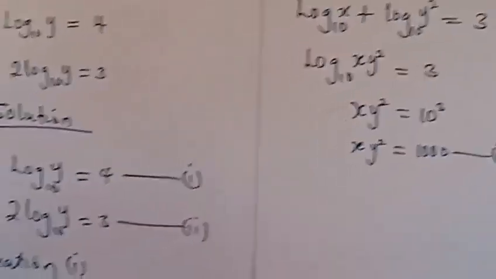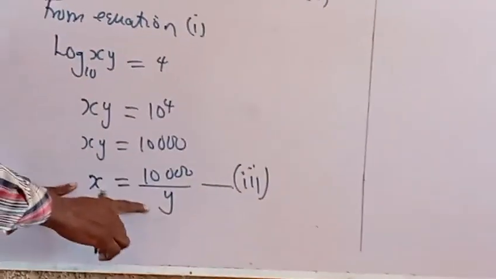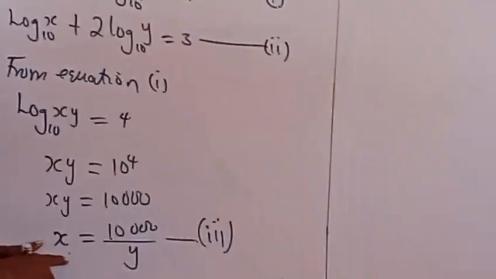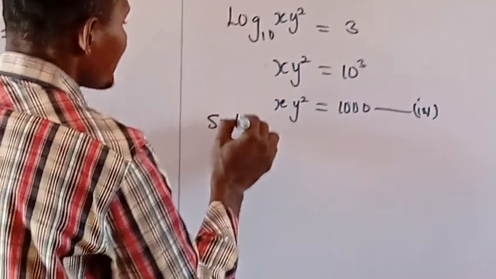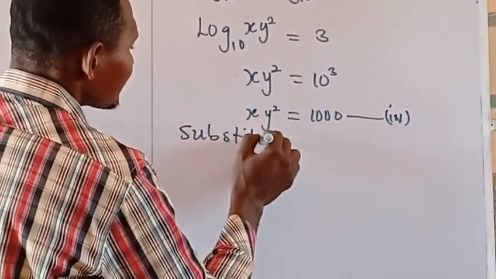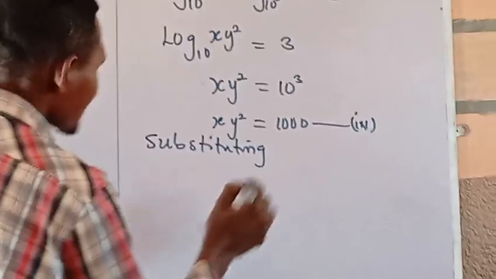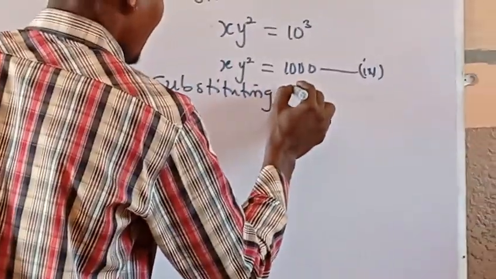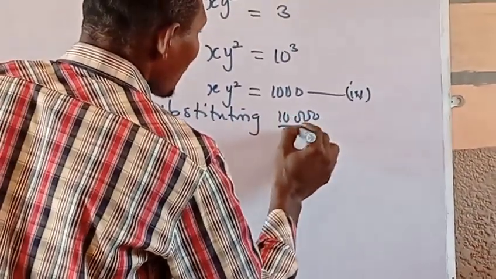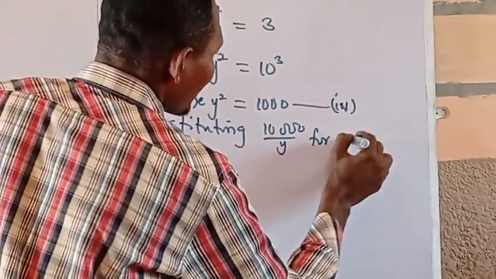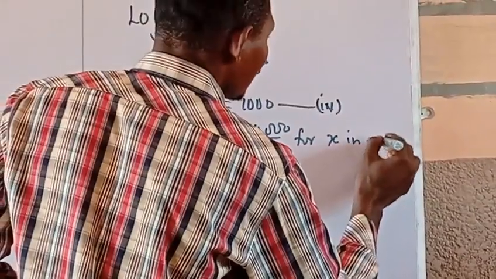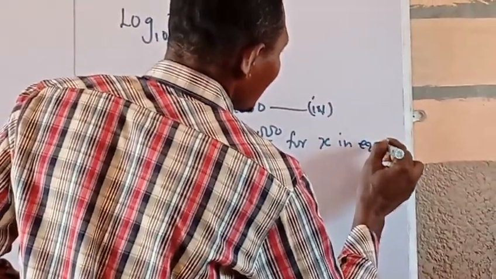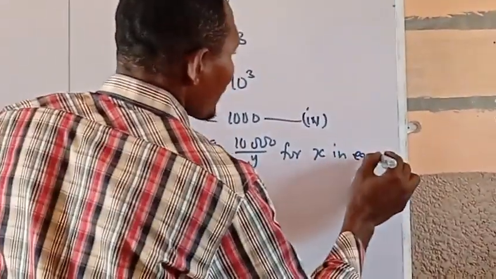Now we have x is equal to 10,000 over y. So we are going to substitute this equation 3 into equation 4. So you can say, substituting 10,000 over y for x in equation 4,